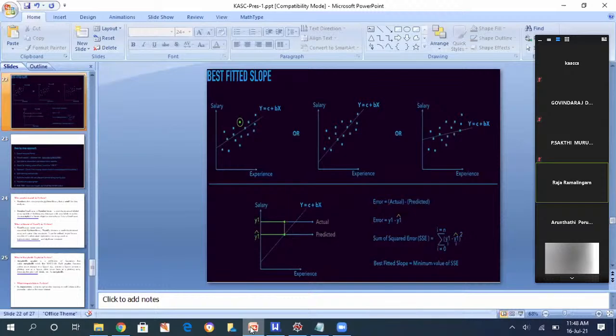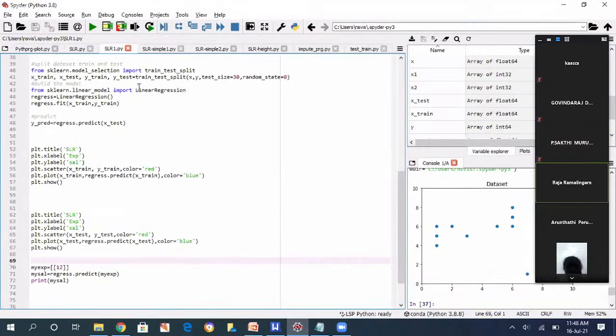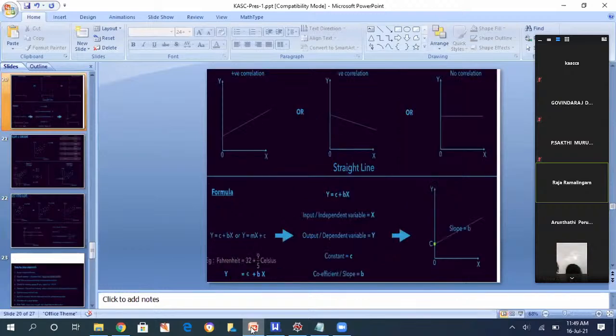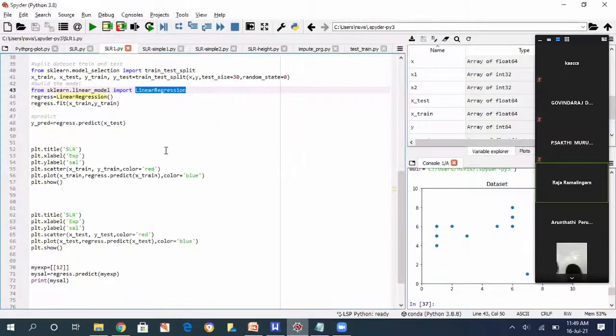Yes, best fitted slope. When we are making a straight line, we have to find out the best fitted slope. This is the formula. This has also been done in the linear regression model. The linear regression model can take care of this formula, as well as the slope, the constant and the straight line. Everything is included in this linear regression model. We just assign the model to the one we want to make a new prediction with,